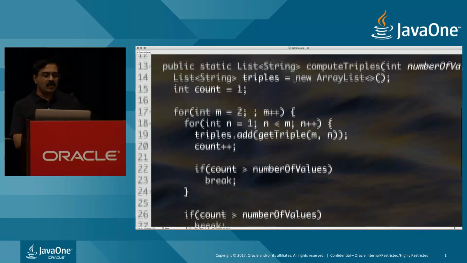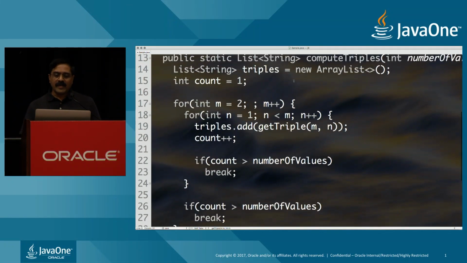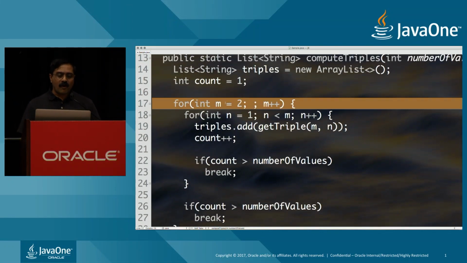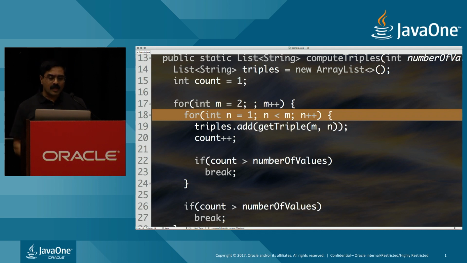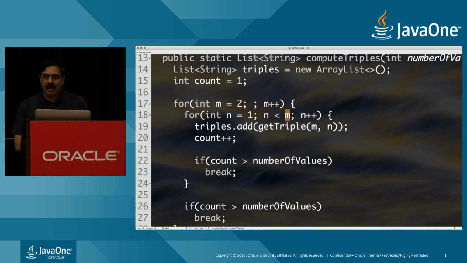So in this case, you notice what I have is a very traditional code. We start with a for loop on m going from 2 to m plus 1, incrementing m. And n, of course, starts with 1, but falls one short of m in that sequence. And then we call the getTriple for m and n, and then we add it to the triple, we increase the count, and if the count is greater than the number of values we expected, then we break out